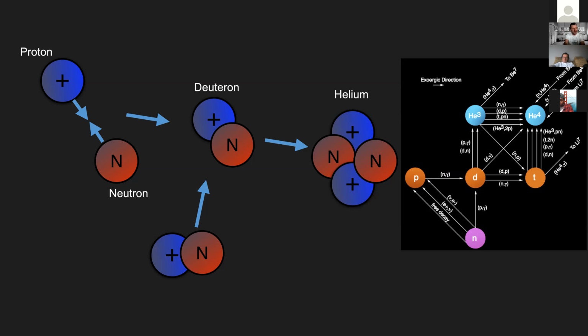So I can set up a network of equations and solve them to tell me what kind of predictions I should get for the makeup of the chemical elements in the universe. One of the interesting things to note here, this is one that has always bugged me, we start off with protons and neutrons, and we notice that we have to go through deuterium